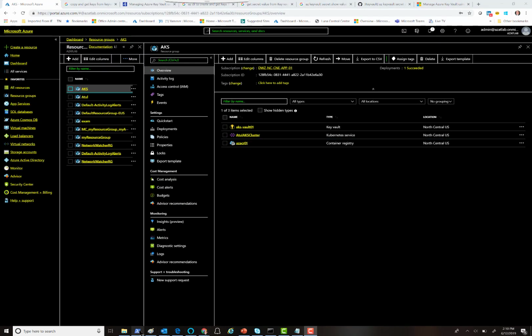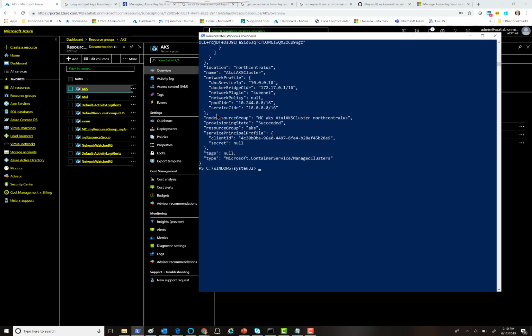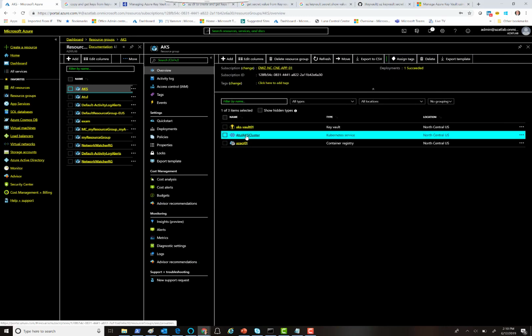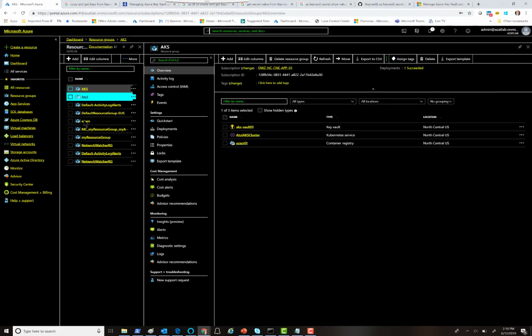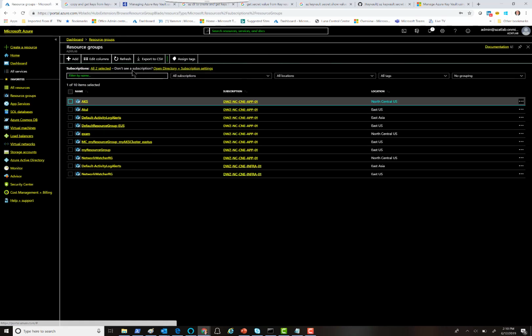Alright, so the PowerShell command completed. I think we got the AKS cluster created. We can look into the portal, and here is my AKS cluster. It's created. It should have also created one more resource group, I believe. If we go back at the resource group level here and refresh it,